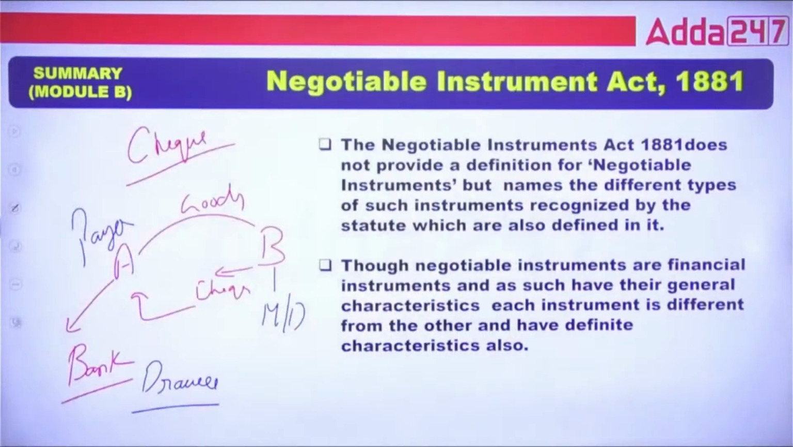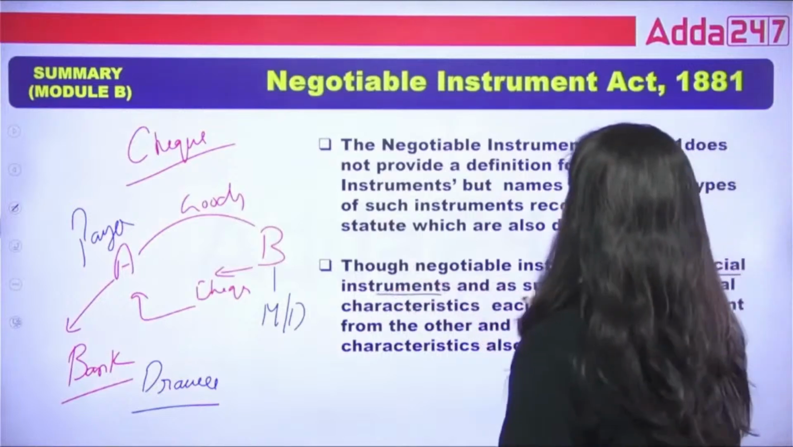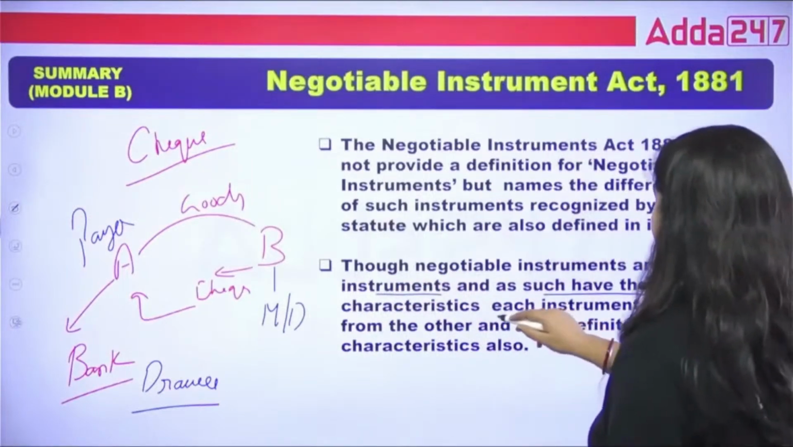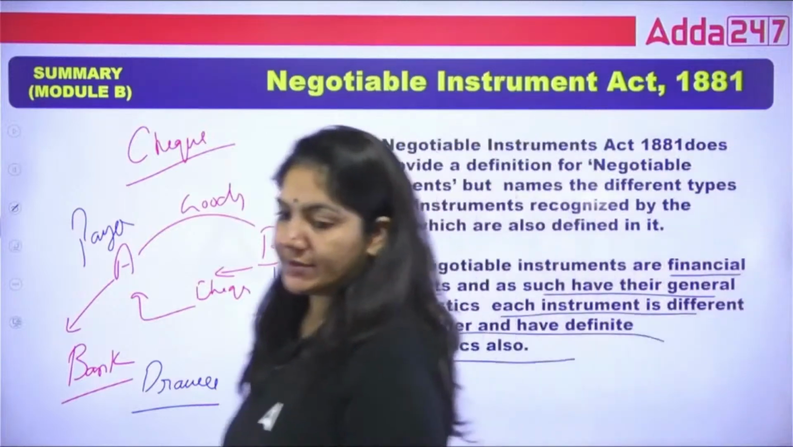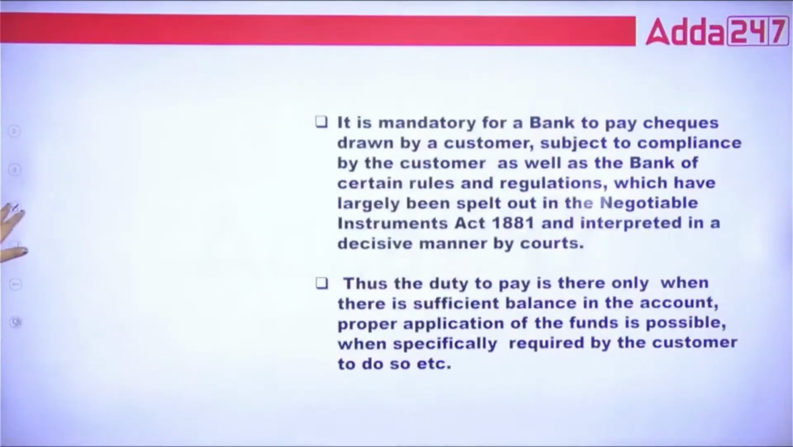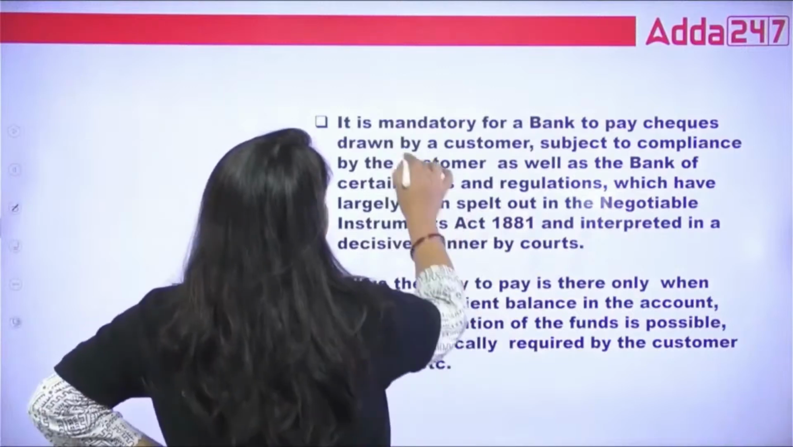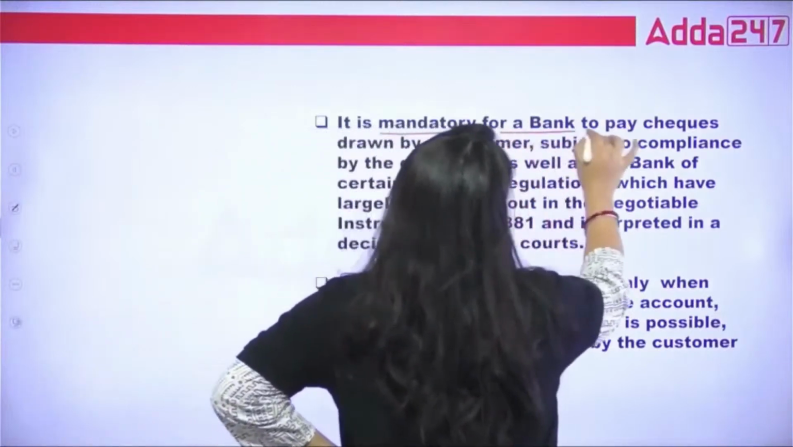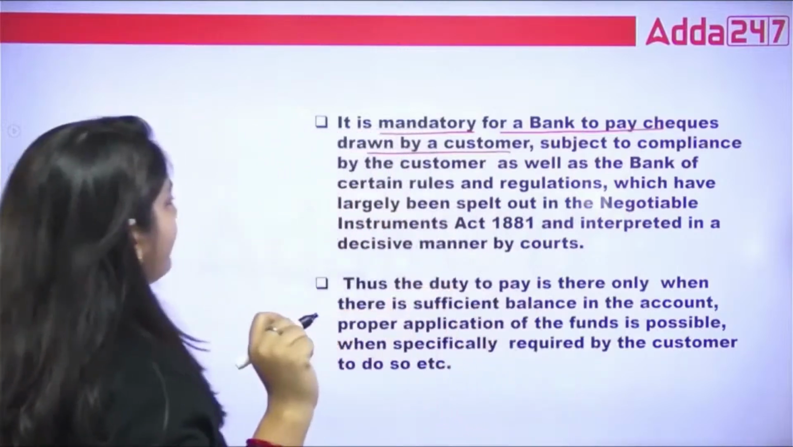Done? So, though negotiable instruments are financial instruments and as such have their general characteristics, each instrument is different from the other and has a definite character. We know this one. Now, it is mandatory. What? It is mandatory for a bank to pay a check drawn by the customer,